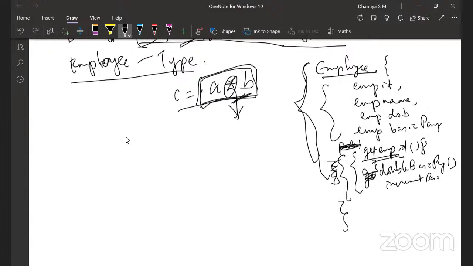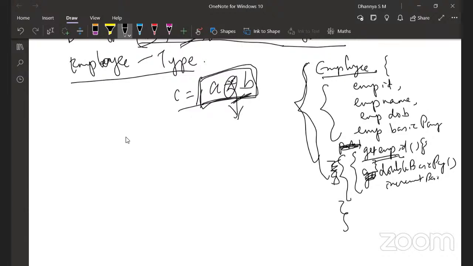Say, for instance, you are somebody in an organization who is just trying to make use of the data that is available. You don't want to code or anything. You don't want to know how the pay doubling is done. You don't want to know how the employee ID is manipulated. All you want to know is what behaviors are available, what operations can be performed on this data type.